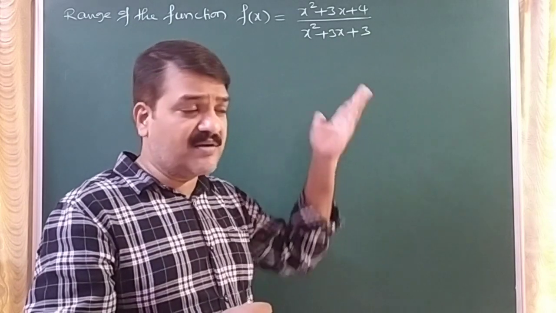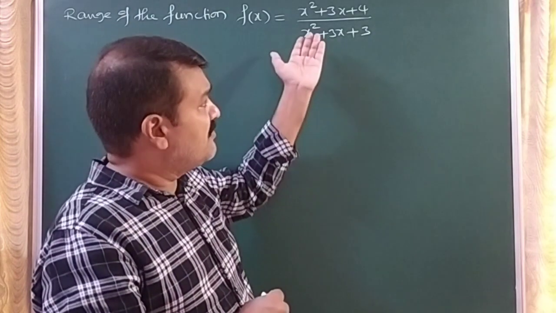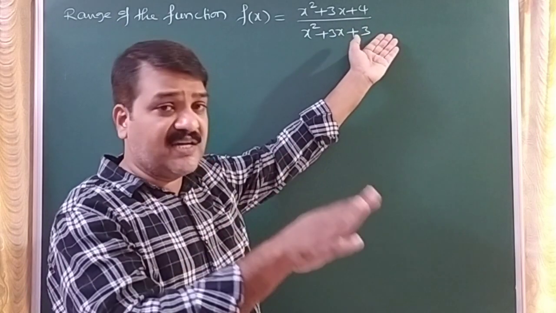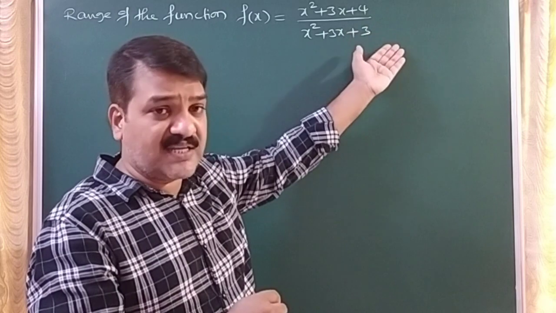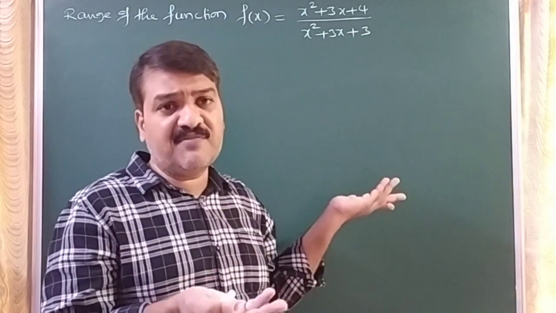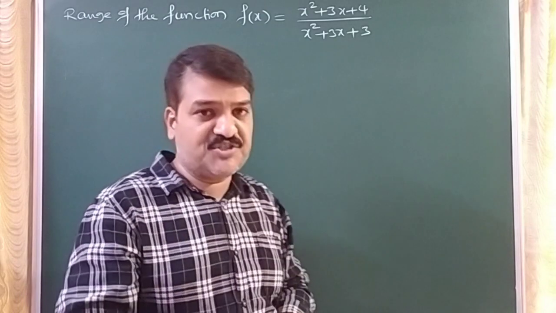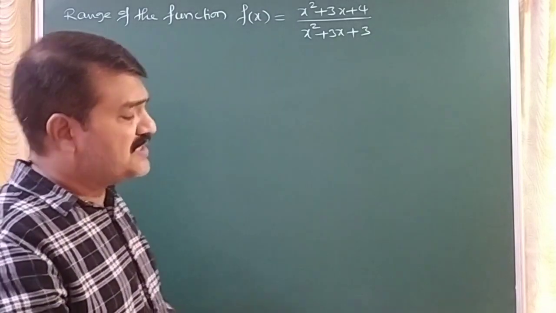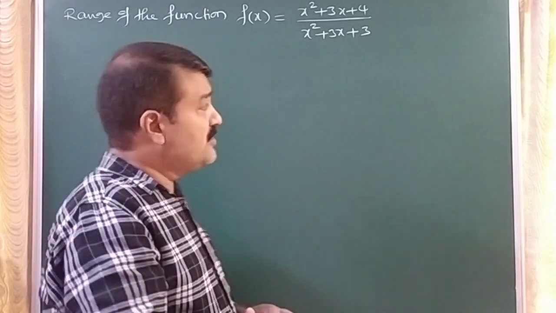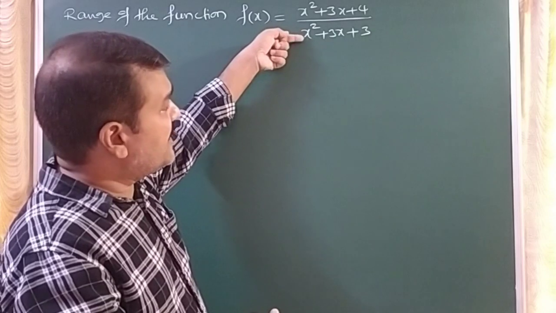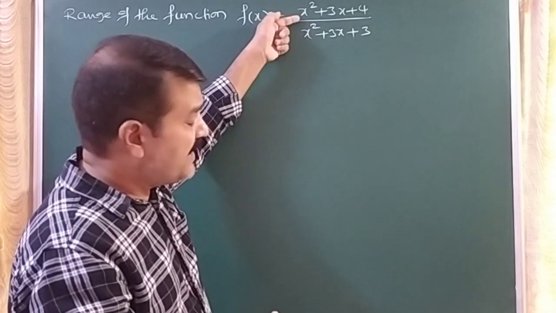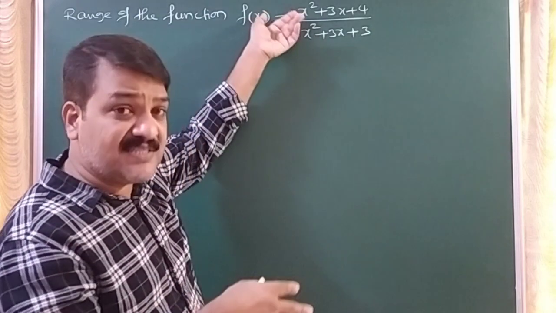We have one process already, we discussed that method. We can take this equal to y, find the quadratic equation in which delta is greater than or equal to 0, meaning roots are real. So you will get some interval of y. The y interval is nothing but the function interval, that means the range. That method is applicable and we can always do it. But here, we can write the numerator in terms of the denominator. We have a much simpler process than that.